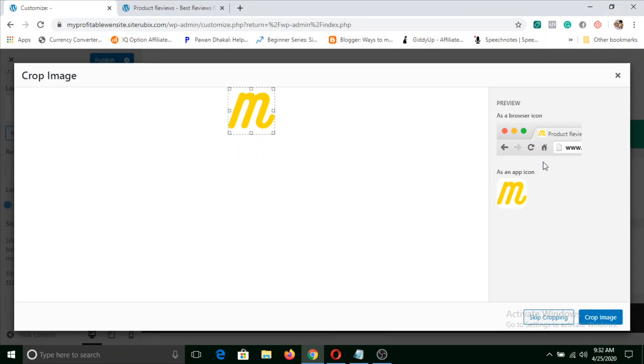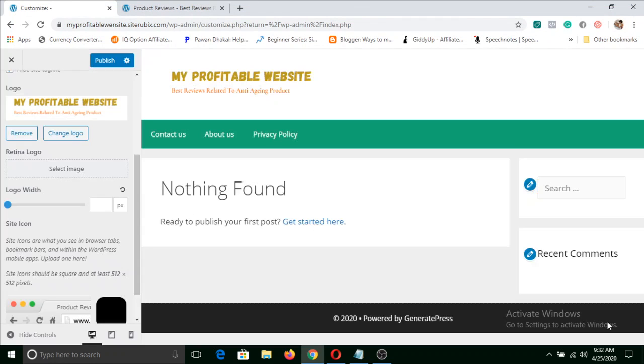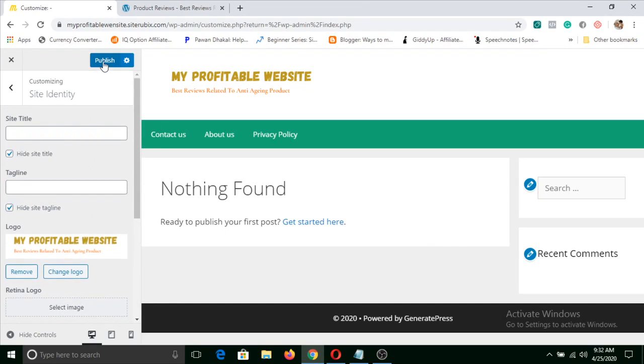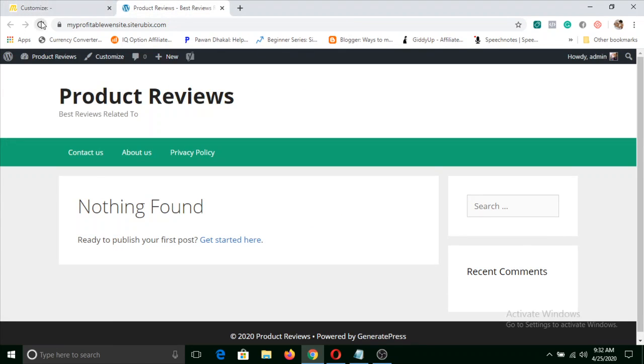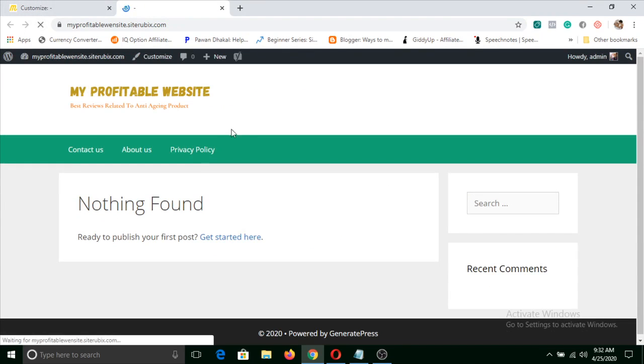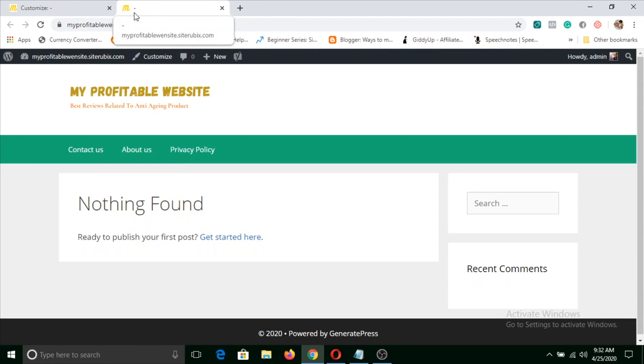Click on select, and you can see it will appear something like this. Click on crop image. Now you can simply click on publish, and if you reload this, you can see our logo is here, our site icon is here.